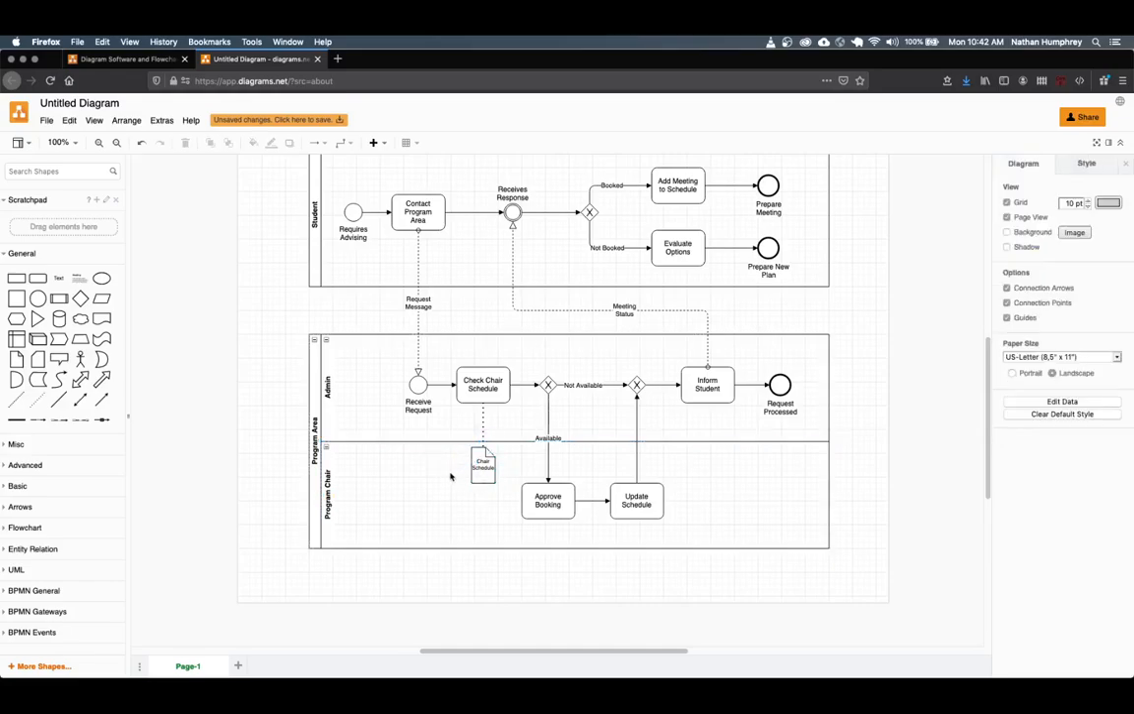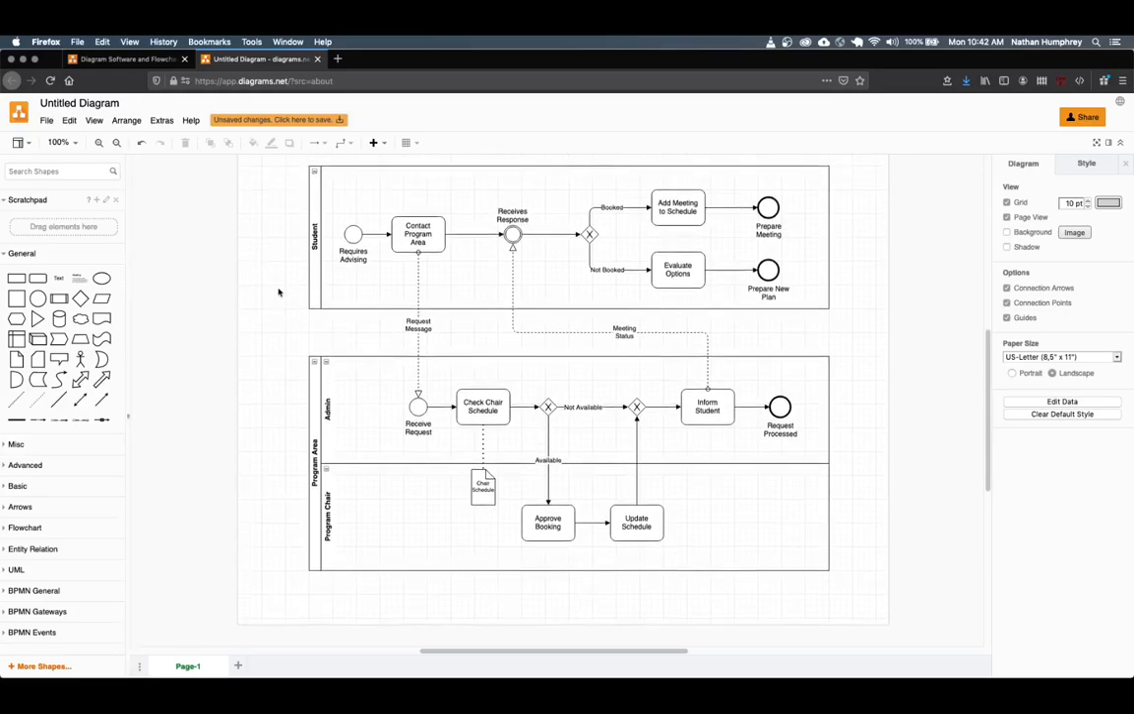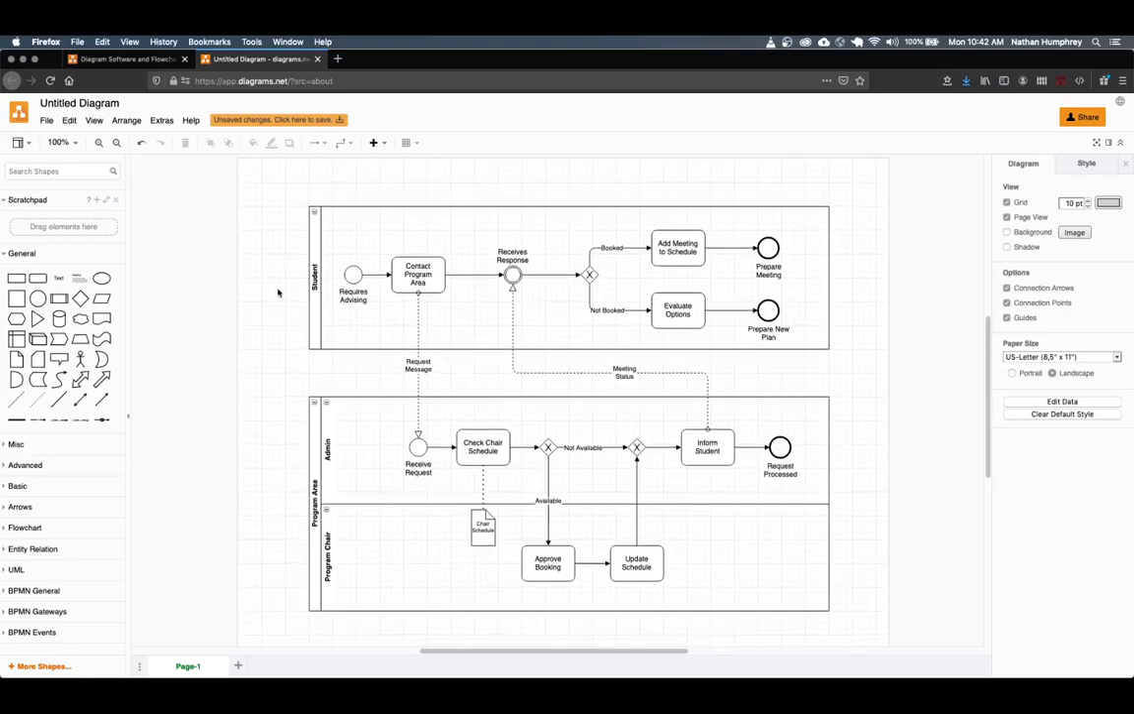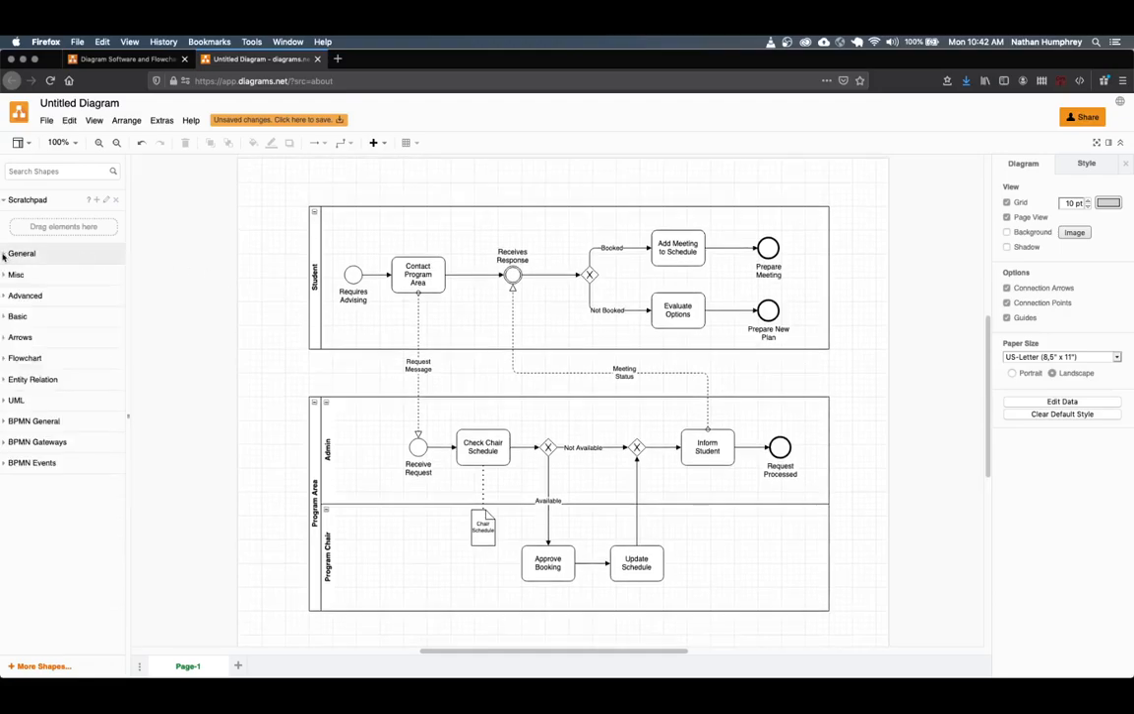Starting very basically, we'll just add it as an object for data. So this indicates now that this task of checking the chair's schedule requires the data input of the chair's schedule. And we can continue in this way, adding additional details and annotations to improve the detail and be more explicit in our business process. Leaving it here and preparing for export, however, let's just finish this up by adding a